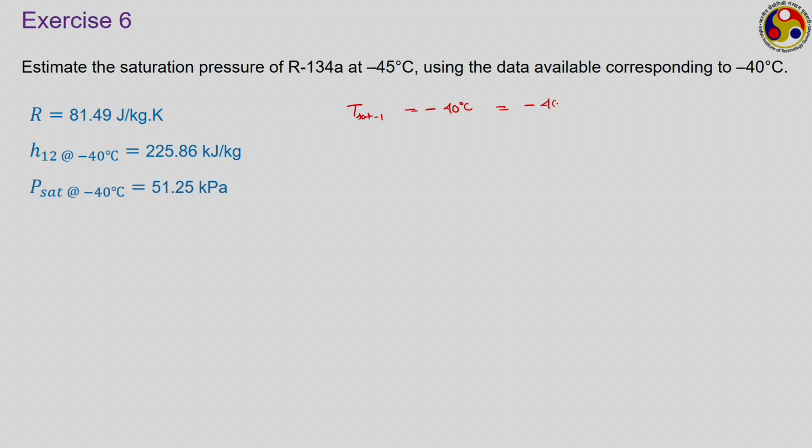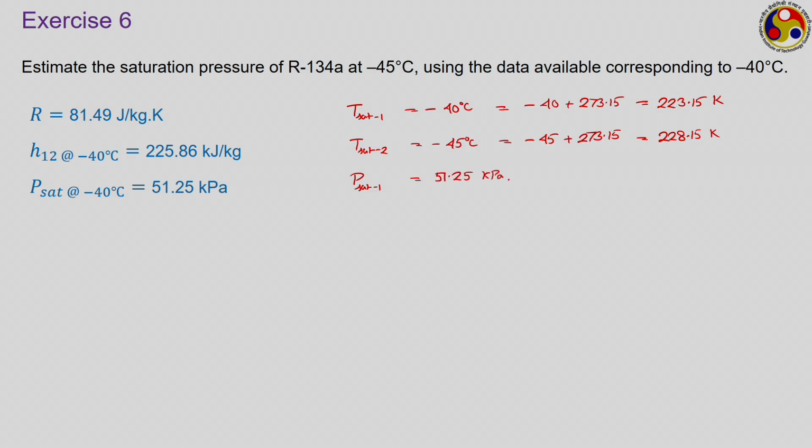So, we can say minus 40 plus 273.15, which gives us 223.15 Kelvin. And the second point for which we are looking to do the calculation, the temperature is minus 45 degree Celsius. So, minus 45 plus 273.15, that is 228.15 Kelvin. The known saturation pressure, that is P_sat1 corresponding to minus 40 degree Celsius, here is